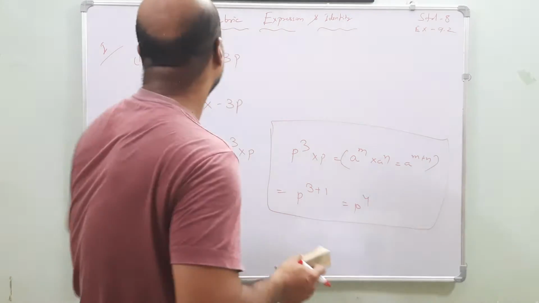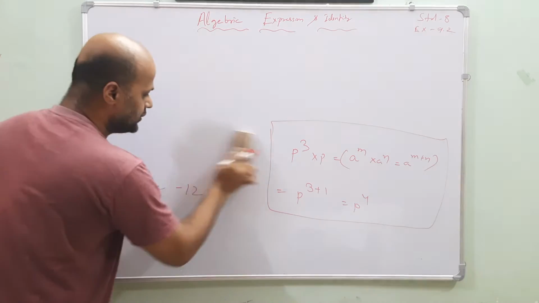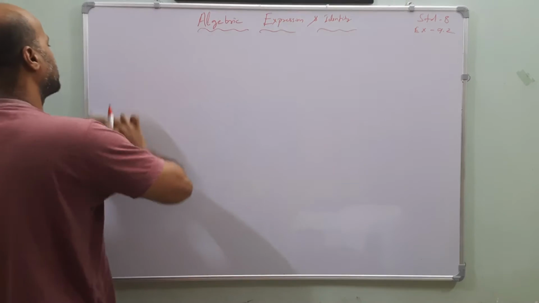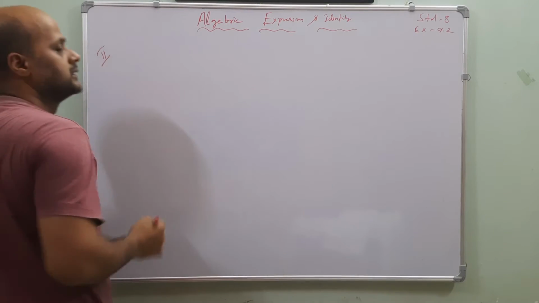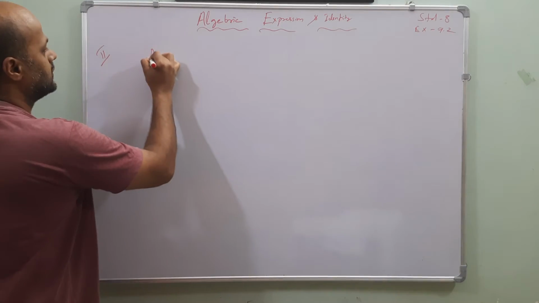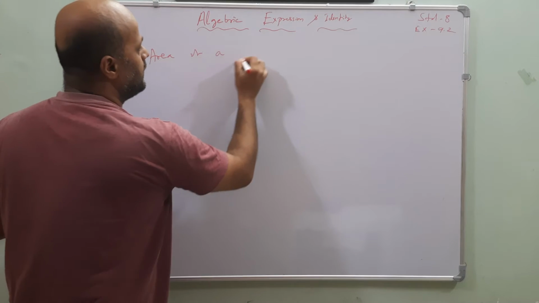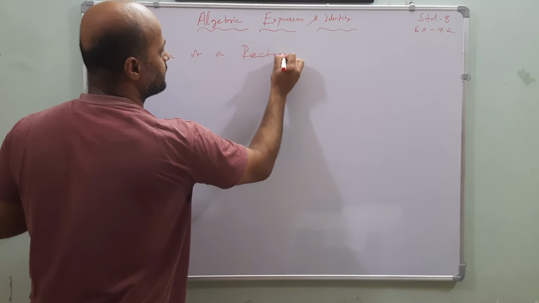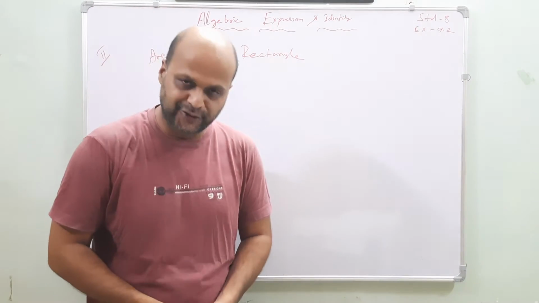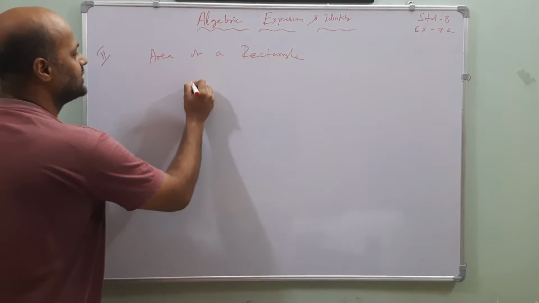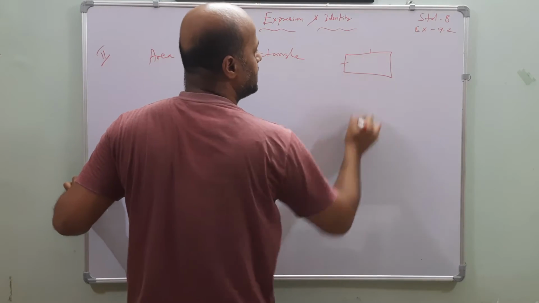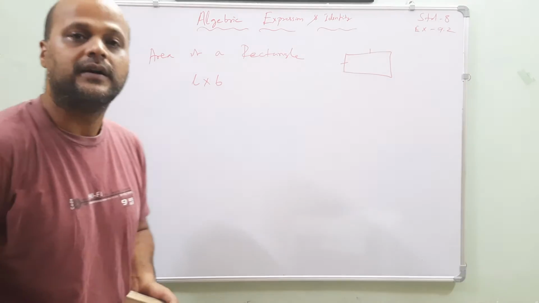Let's go to the second one. What is the second one saying? Always I told you, my dear friends, if you have any doubt, then please write in my comments so that I can clear your doubts. The second one is saying to find the area of a rectangle. Who will tell me what is the area of a rectangle? Yes, very good. The area of a rectangle is length into breadth. We know that if the two sides are multiplied with each other, then we will find the area of the rectangle.